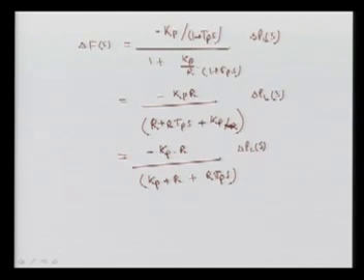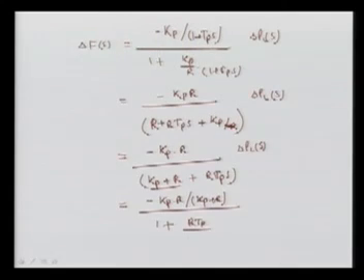So this is your constant, and then we want to simplify it in another fashion. I can say minus Kp into R divided by Kp plus R, divided by 1 plus R into Tp over Kp plus R, and we are getting this transfer function. So what can I say here? This is another tau, this is some constant. What is the value of this? The value of Kp into R